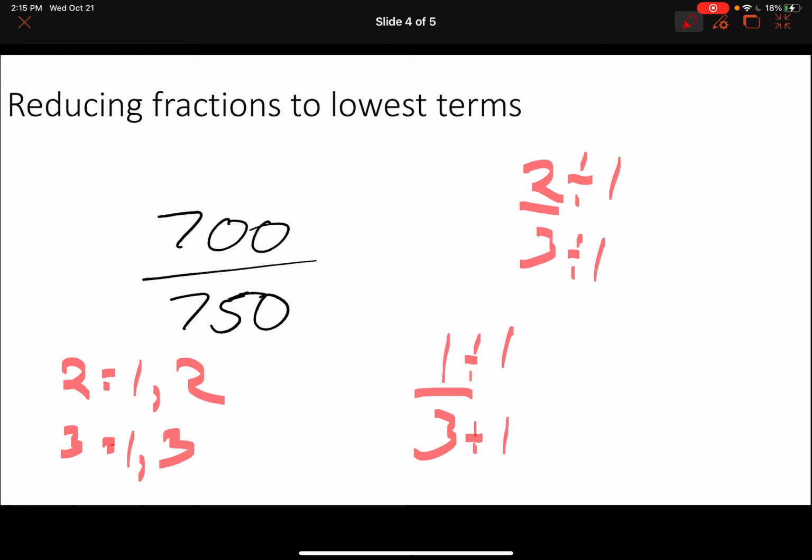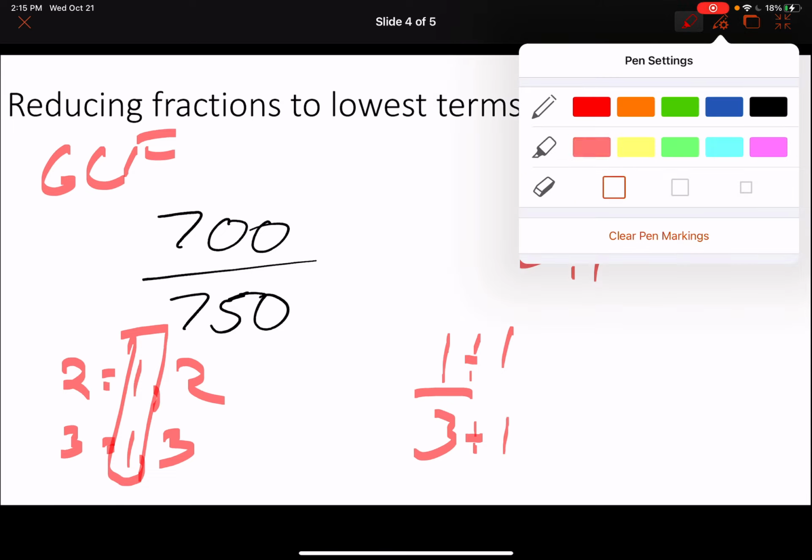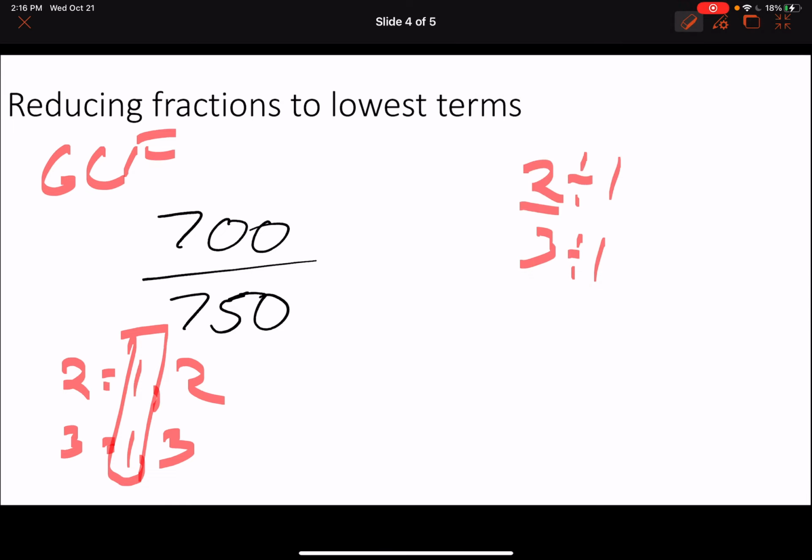So the greatest common factor between these two numbers is 1. What if, I'm going to erase this, what if